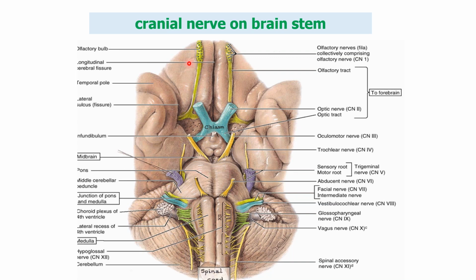Now this picture is showing the cranial nerves on the brainstem, and we can see the various cranial nerves in relation. For us to know today are these three cranial nerves. The first one is the oculomotor nerve, and we know that the oculomotor nerve is going to supply all the extraocular muscles except the superior oblique and the lateral rectus. This is the trochlear nerve, which is the fourth cranial nerve, and this is the sixth cranial nerve, the abducent nerve, which is between the pons and the medullary junction. So now let's begin our lecture.